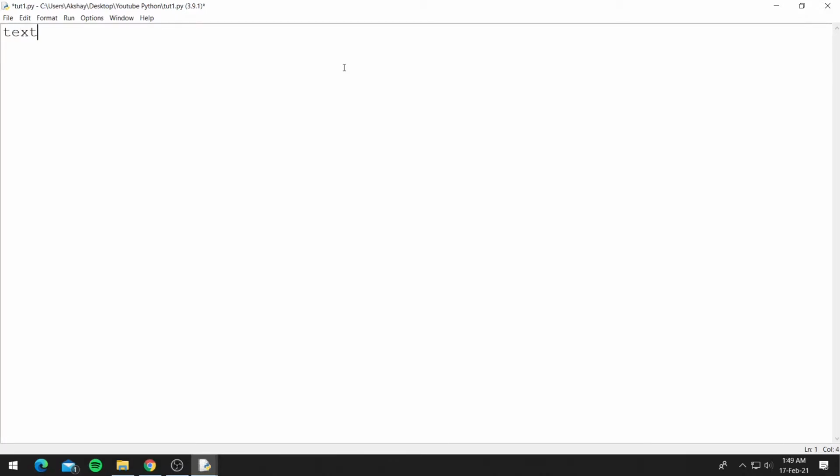So let's say text equals, and let's say "hello bitcode" and \n. So \n is used to add a new line, and this is on a new line. Now to open a file you first need a variable. So let's say file equals and then the open function.